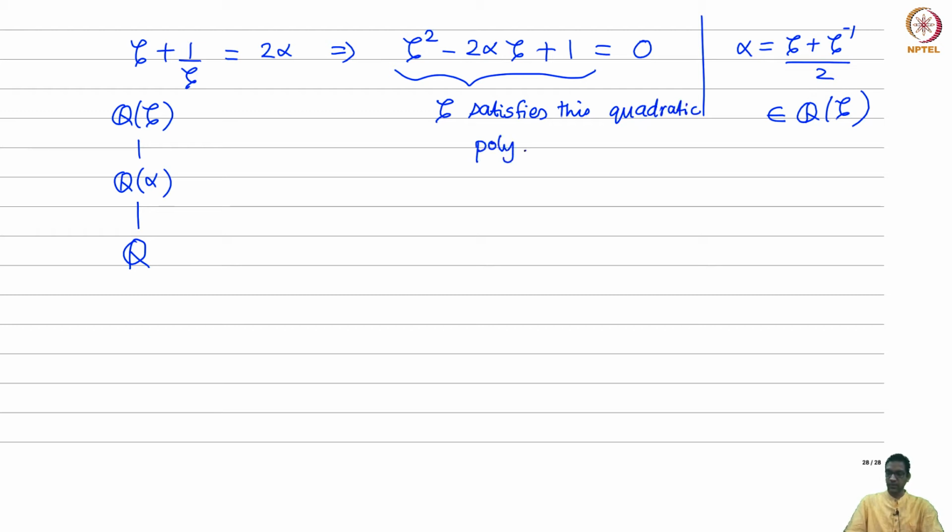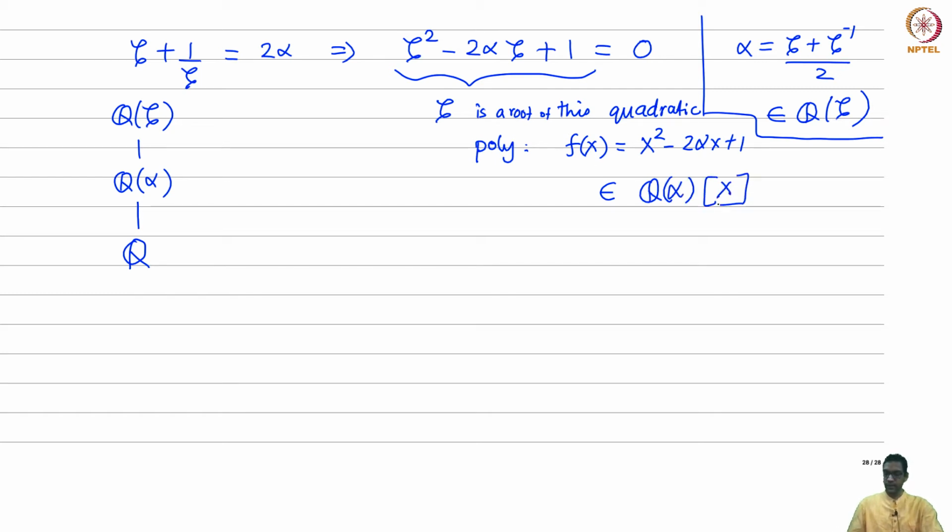So what quadratic polynomial? Let's call it f. F of x is x squared minus 2 alpha x plus 1. Zeta is a root of this quadratic polynomial, and this quadratic polynomial has coefficients in Q(alpha). Okay, so what that means is that Q(zeta), if you think of it as